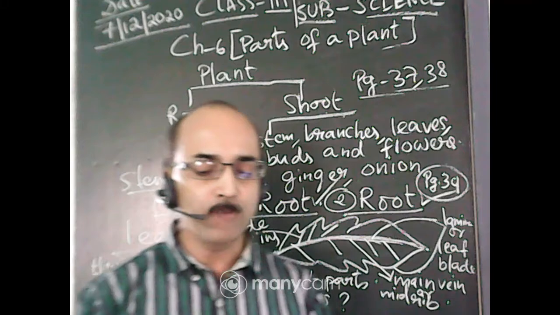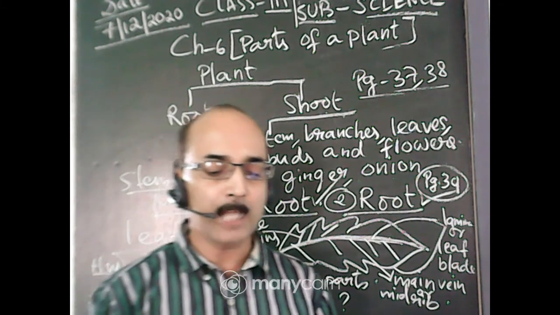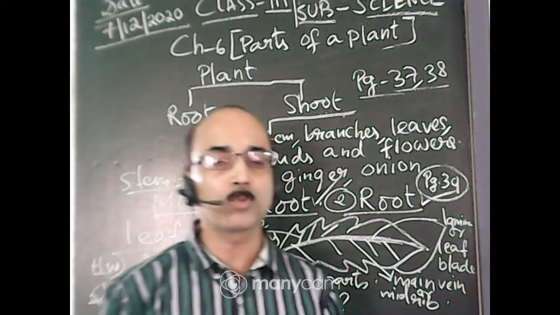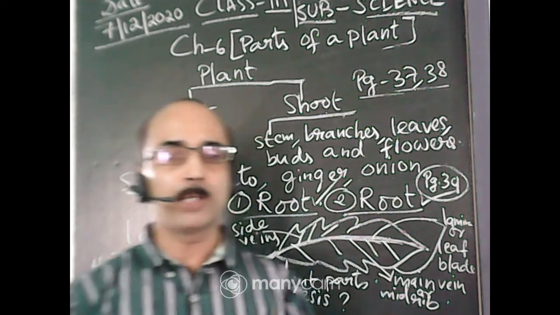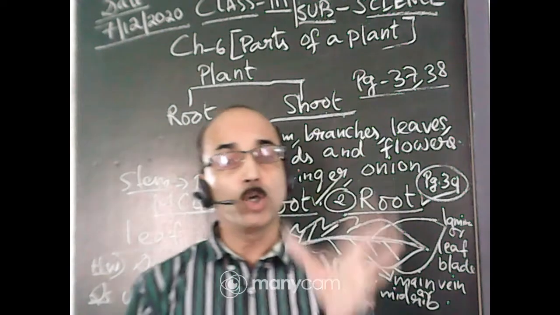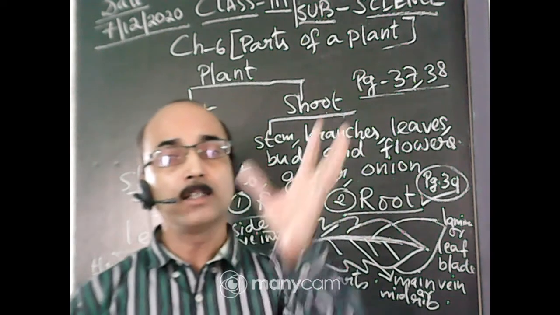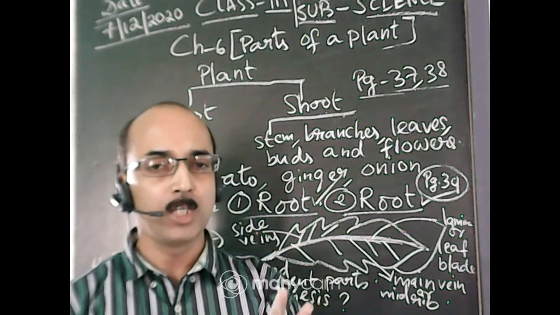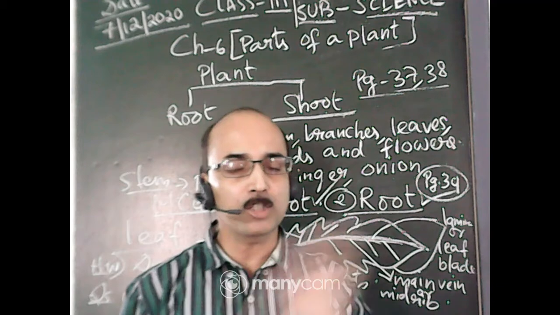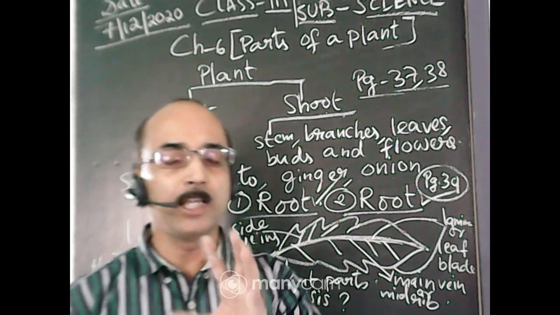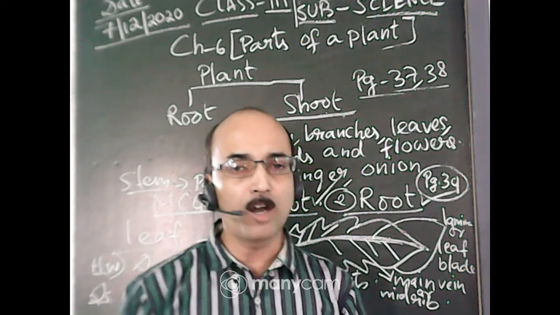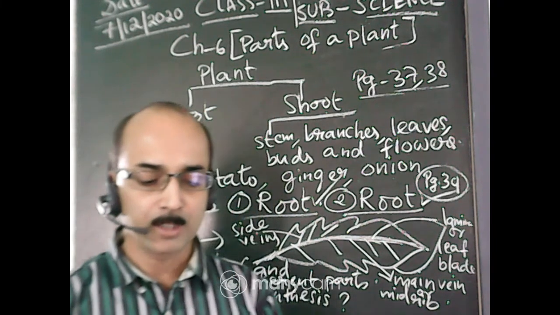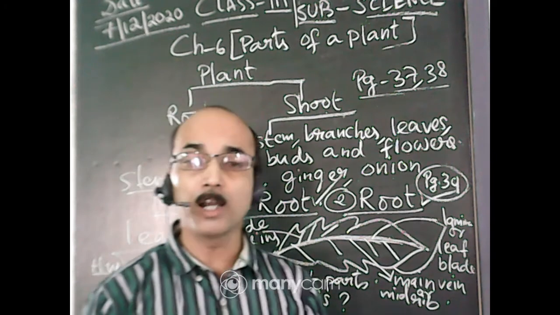Number 2, during photosynthesis, leaves give out a gas called oxygen, which is necessary for our life. Yes, during the photosynthesis process, while plants are preparing food, they take CO2, carbon dioxide, from the atmosphere, from the air, and they utilize this carbon dioxide to make their food. After making their food, they give out oxygen, which you need for breathing, which is our survival. Okay, it is necessary for our life.